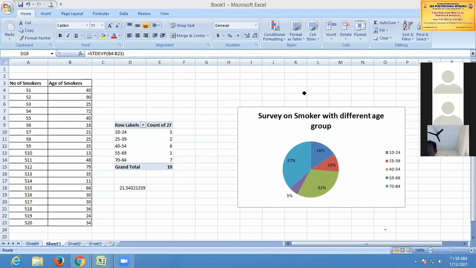Someone has asked about the lab record for Python and MS Excel. In Python, you will have programs, so you will write the program in Python. For the lab cycle in Excel, you will write the steps: how to insert, how to draw, how to insert the bar chart or create the class table. These are the steps that we are going to write in the record.